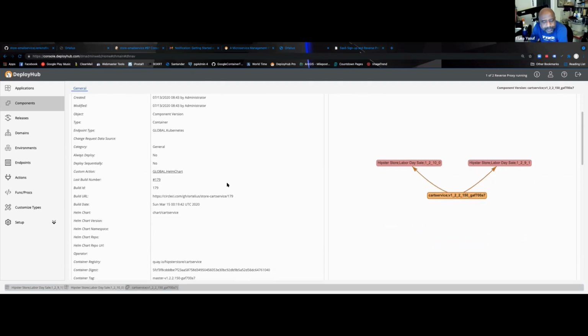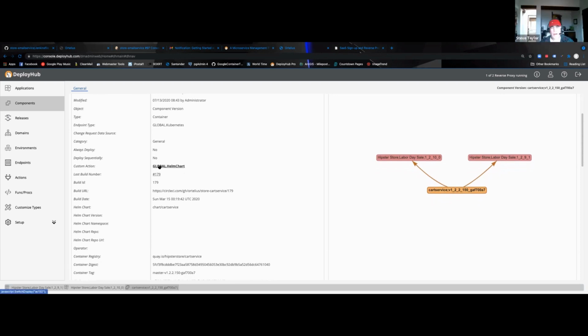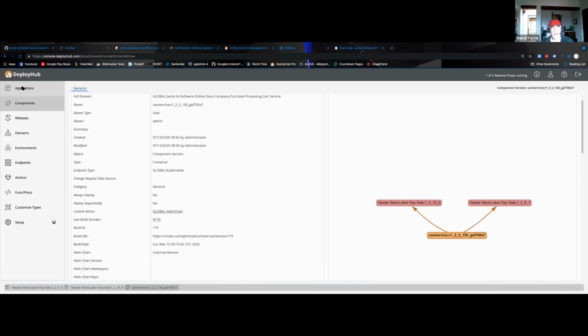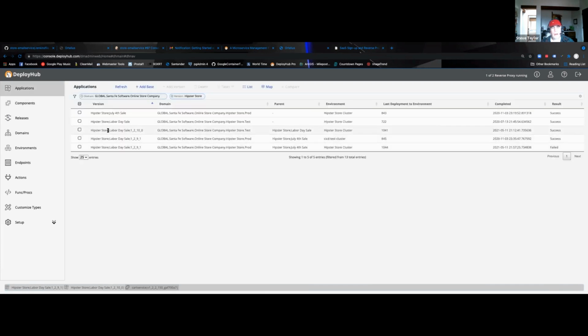Okay. Now here we have a custom action at this level. So we don't have a pre-action or post-action. We're doing a custom action to do the deployment. So actions are just ways to run scripts as part of the process. In this case, we're going to use this custom action that's going to deploy this service through Helm over to a cluster. So if we go back to our application and we go back to,